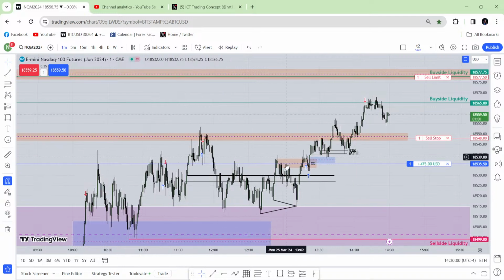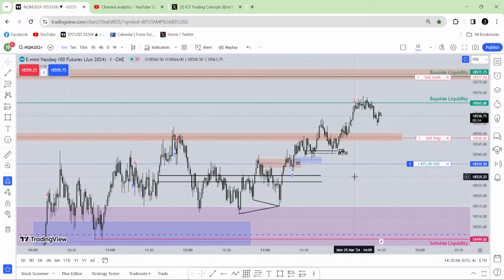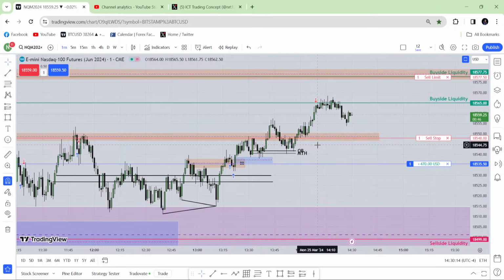That means this is a day where you didn't find any entry. There was no opportunity. Depending on that A plus plus setup, that means the 22 IT model, there was no 22 IT model. I didn't get any setup. I didn't take any entry. Cool. Final. Finish, man. Just one day you didn't get any entry.